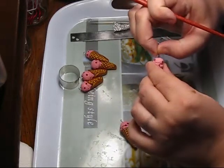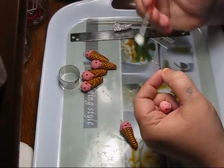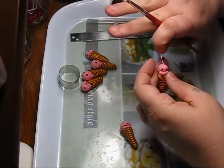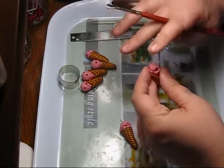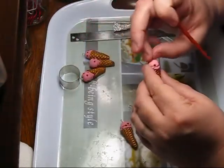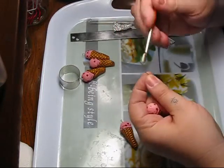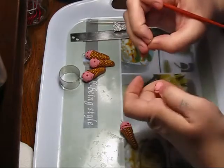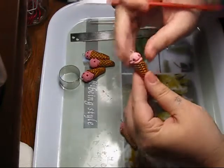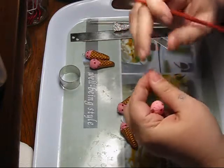And when that bakes, it'll harden up and keep it sticking in there. Elmer's glue will work, because you're not going to be doing anything too intensive with this, so it doesn't need to be able to hold. These cones are very lightweight. And I forgot to mention that